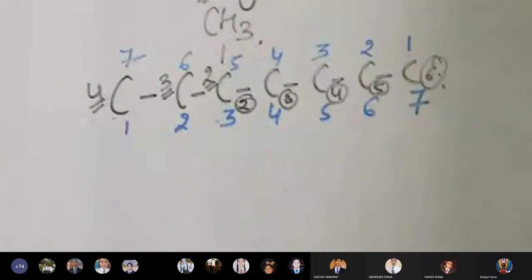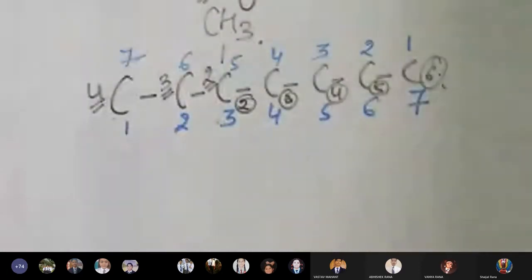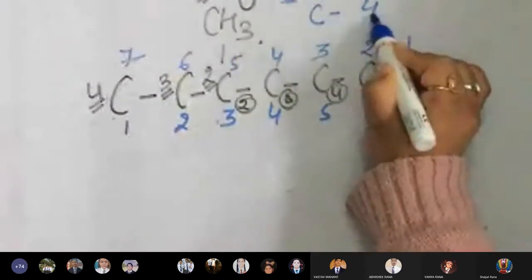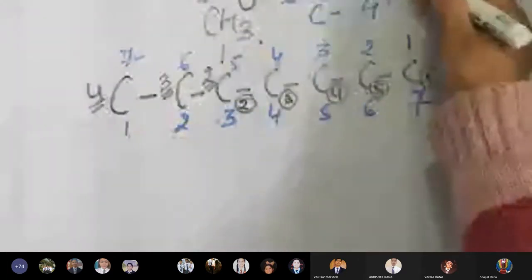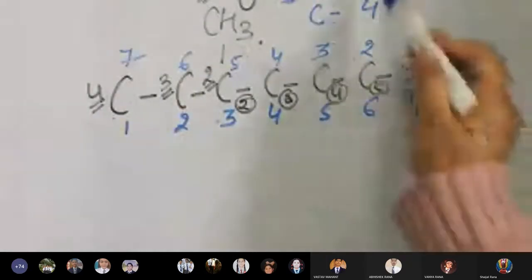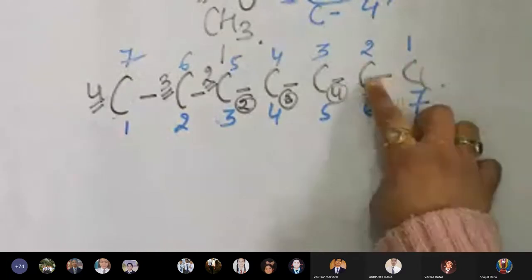Keep in mind that whenever you are numbering, the continuation of the bond will be on one side. You cannot jump from this carbon to this carbon. Now I have got 3 things. By 2 methods I have got carbon number 7, by one method I have got carbon number 4, and by another numbering I have got carbon number 6. Out of these 3, I already know that your principal chain will contain carbon number 7. That was the meaning of that rule: you have to select the carbon chain having the maximum number of carbon, the longest chain.